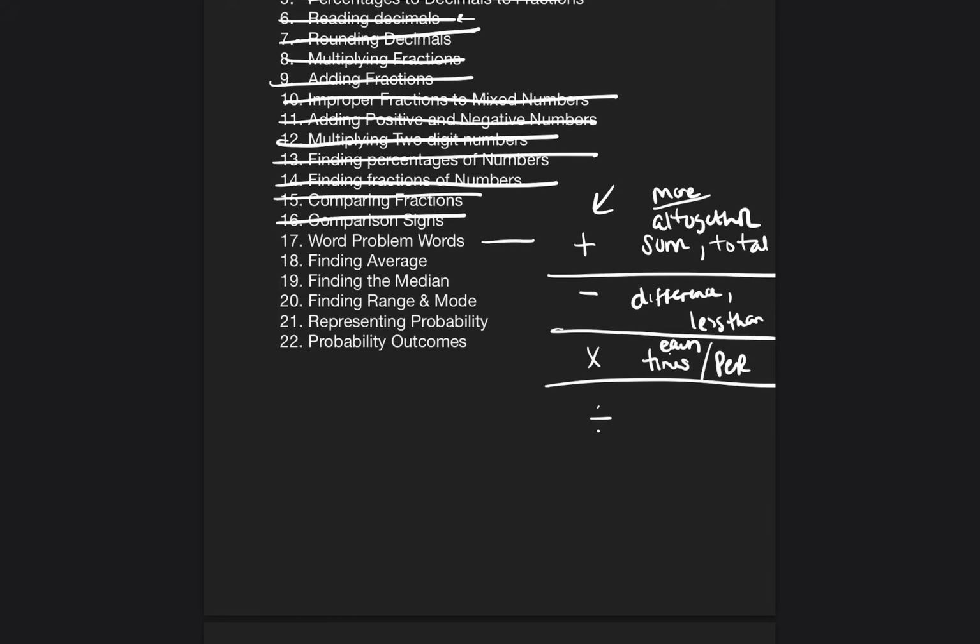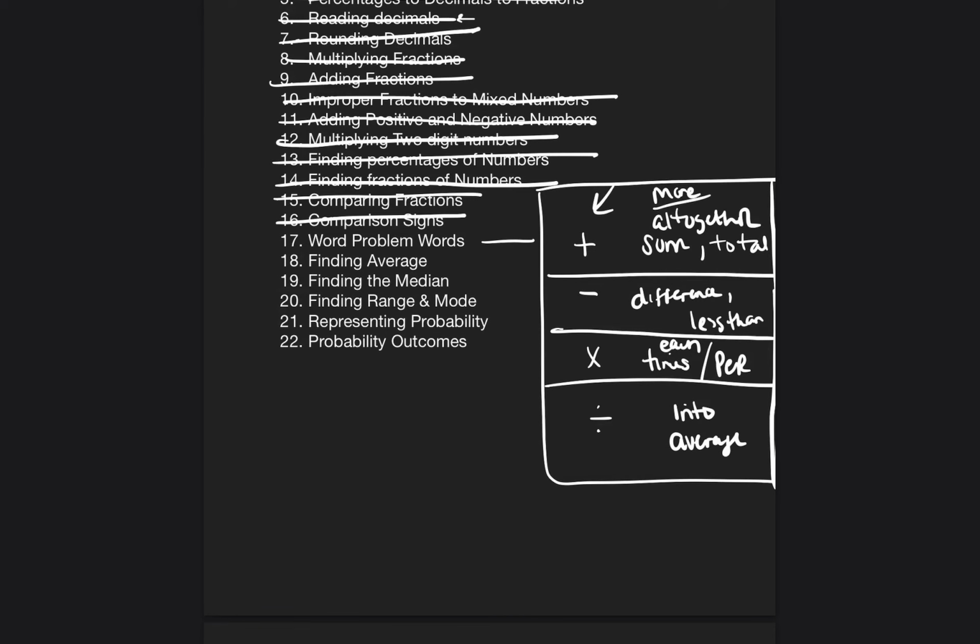And then for divide, you sometimes will see the words like into, or you'll see the word average. So into, or what is the average amount for this? So you would add all the numbers together and then you would divide to find the average. So those are the basic word problem words. I'm going to make a video soon with different word problems that I created. They're lower level word problems, but they're good to practice because they allow us to practice knowing what those words